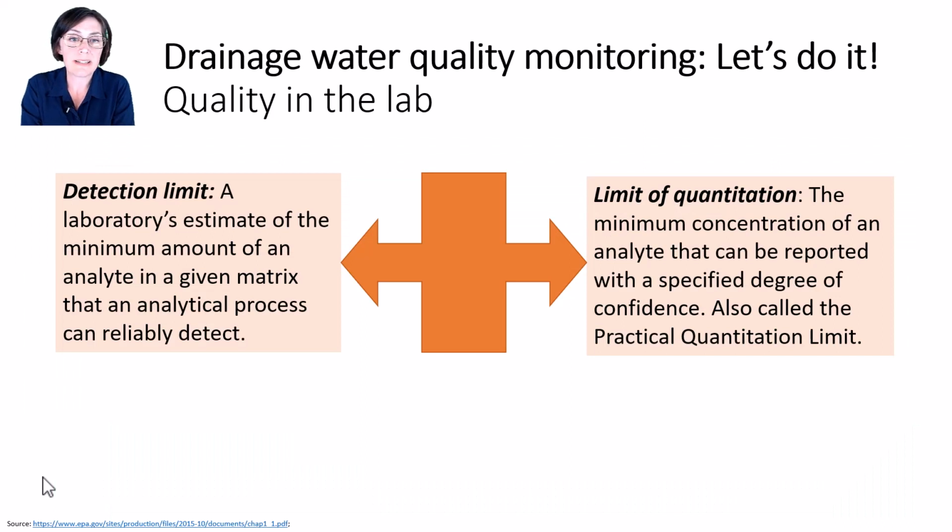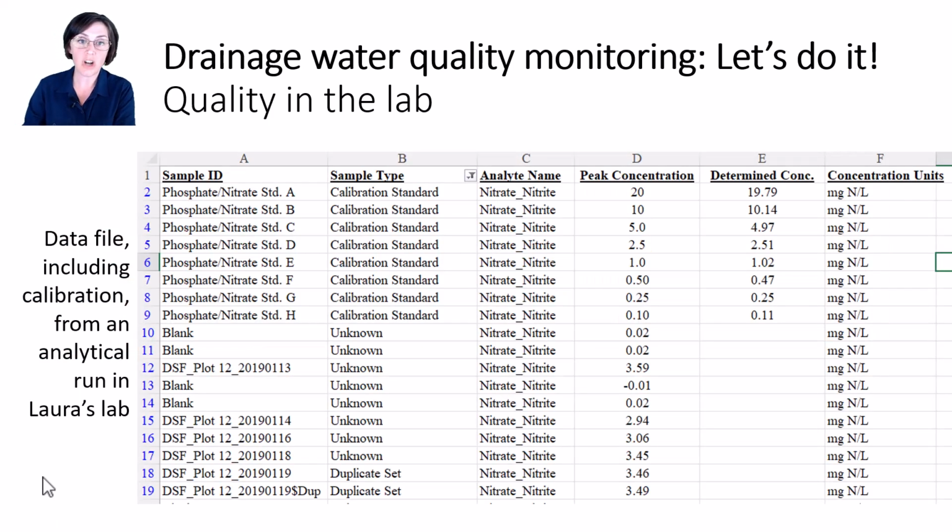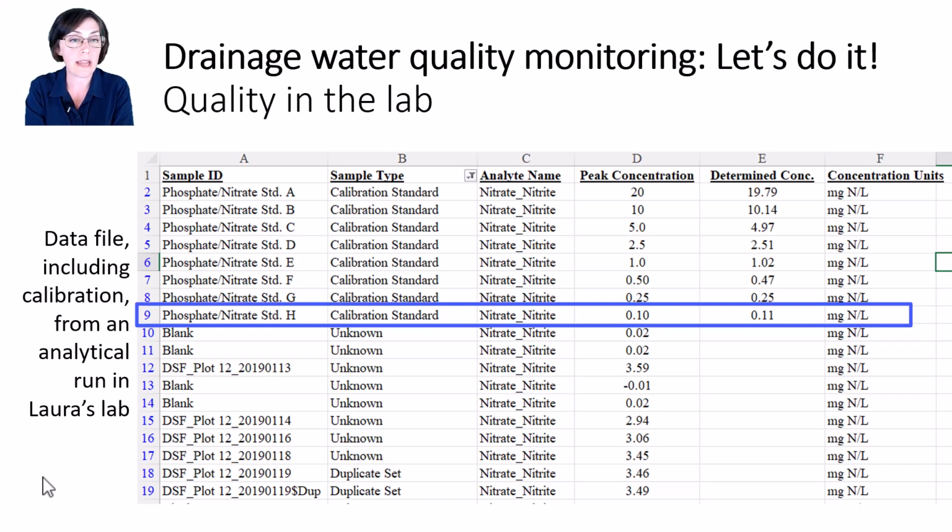The final term here is detection limit, but a tricky piece of jargon is that when I refer to detection limit, I technically mean limit of quantitation. The difference is that detection limit is the minimum concentration an analytical process can reliably detect. That could be different from the limit of quantitation, which is the minimum concentration a lab can report with confidence from a given analysis. Jargon aside, in many cases and in my lab, detection limit refers to the concentration used for the lowest standard on the calibration curve.